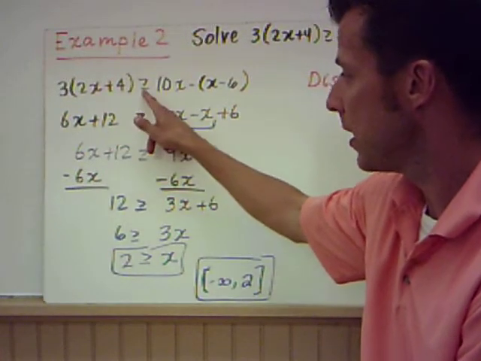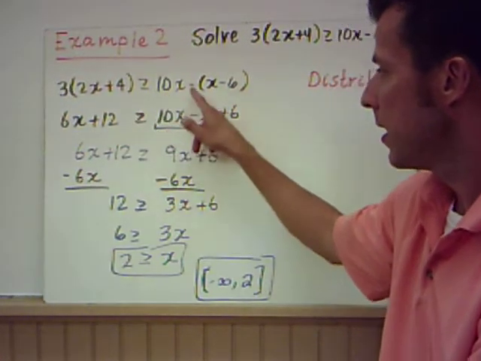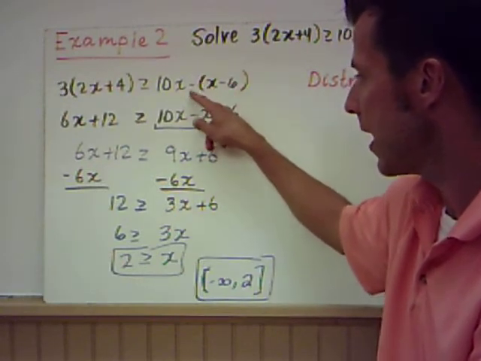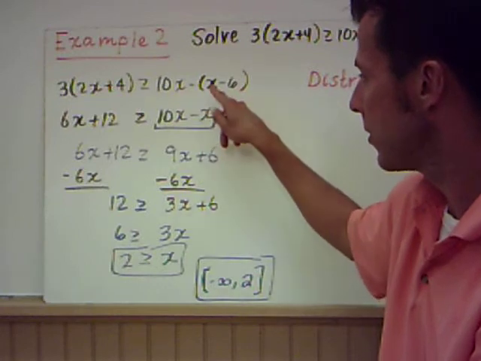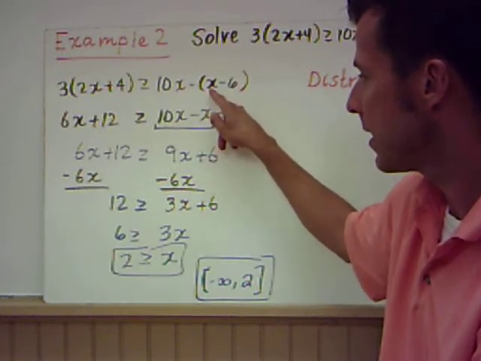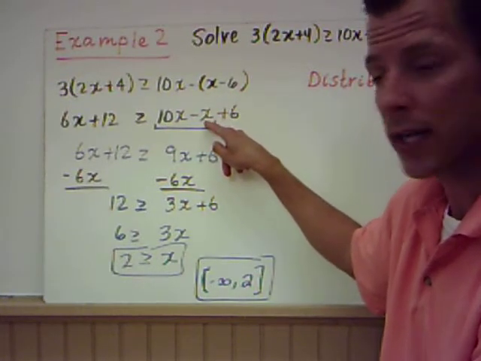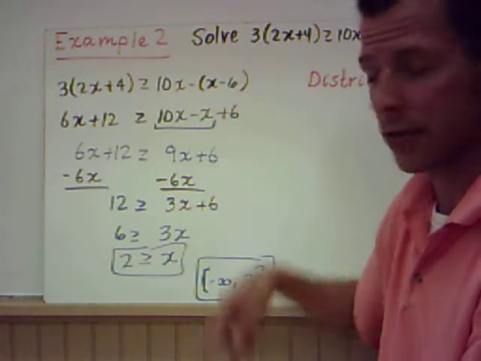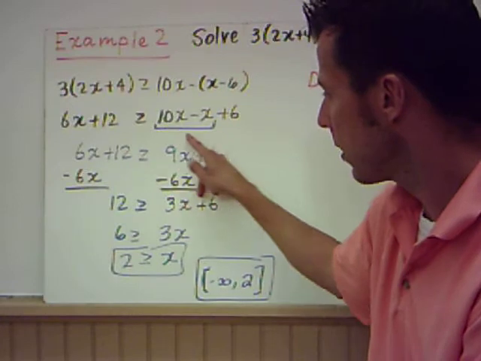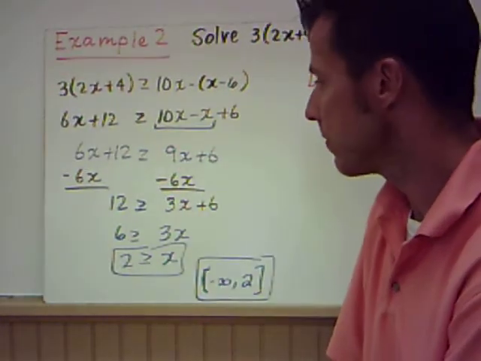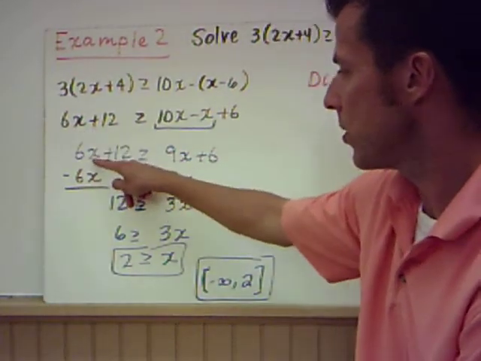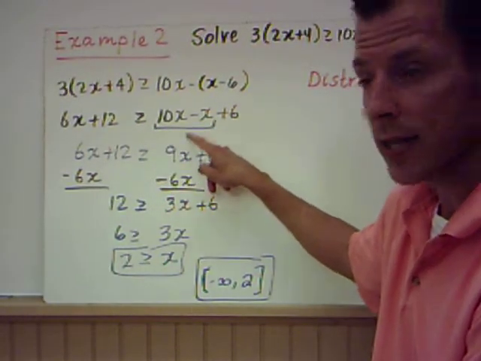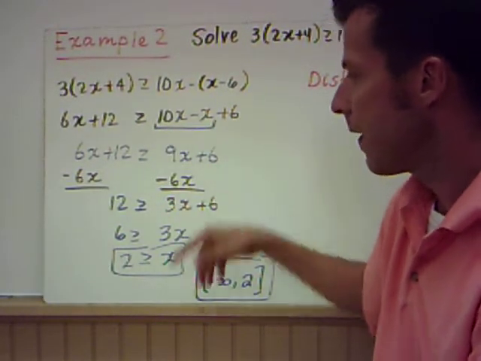Right? And the inequality comes down at 10x. Now when you have that minus here, think of taking the opposite of what's in here, the opposite of x minus 6. So the opposite of adding x is subtracting x. The opposite of subtracting 6 is adding 6. In blue here, I wrote that line, combine like terms. No like terms here, so I drop that down. Inequality drops down. 10x minus x is 9x plus 6. And now I have an